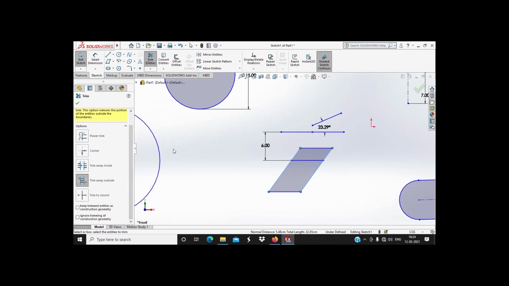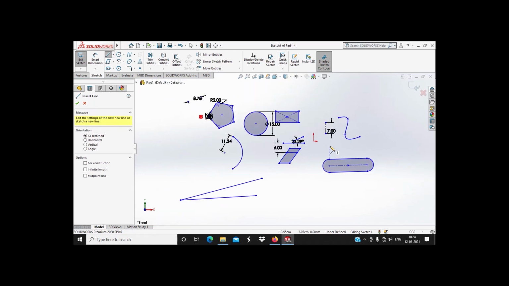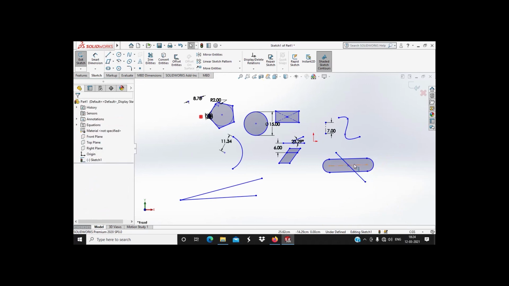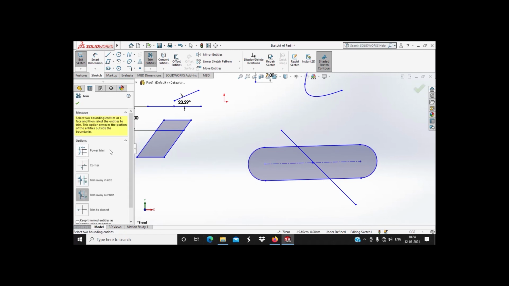Next is Trim to Closest. I am drawing a line like this. I want to remove the line which comes inside this portion. For that, select Trim Entities, then select Trim to Closest, and if you click on it, the portion we clicked will be removed.